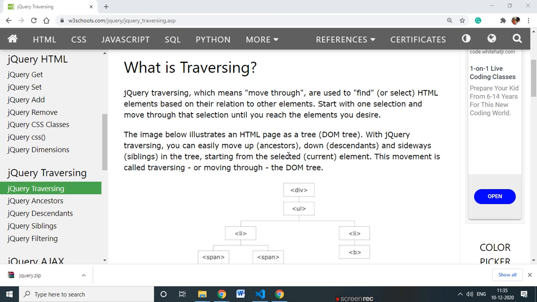This traversing means how, based on a button click or any action, you will do some operation on the parent node or the elements within that particular element. So how will you perform that? If on button click I want to hide the entire table, or on button click I want to disable that button, how can you do that? If you click on the button, you want to hide the table rows below that button, so how can you perform that?